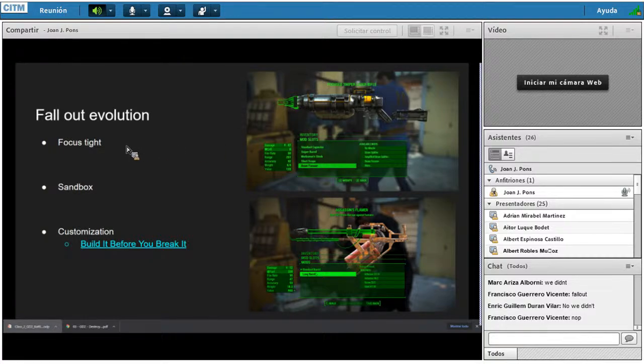This is Fallout, as you can see. In Fallout, they usually use this focus type approach. There are few things, or at least it seems that there are few things, because in fact you end up collecting a lot of things and end up with tons of munition and really weird things like fan,